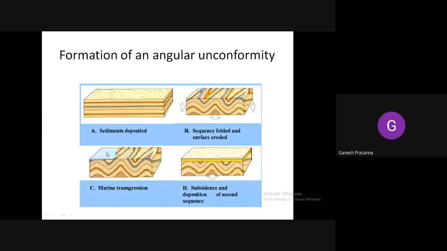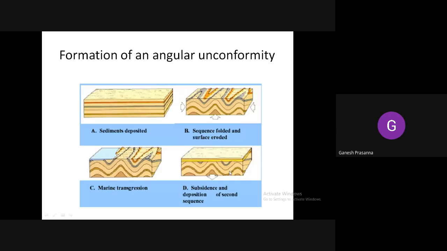Once the marine water intrudes into the wave-like angular fold, it removes the top surface, which is then covered by a new layer of sediments brought down from the marine transgression of the water, leaving behind the angular sediments